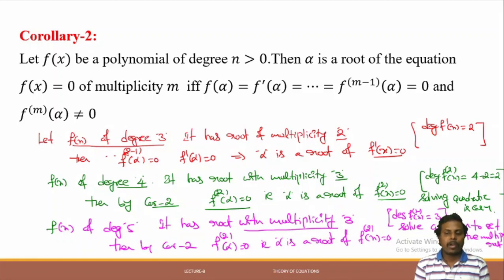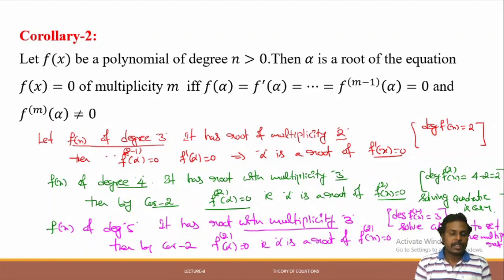That is the least degree polynomial. After solving the polynomial you will get some roots. Now which among these roots is a multiple root of f of x? How do we verify? Which among those roots satisfy f of x is equal to 0, f dash x is equal to 0, and so on up to the (m minus 1)th derivative of f of x is equal to 0. Whichever root satisfies all these equations is the multiple root of the given polynomial equation.